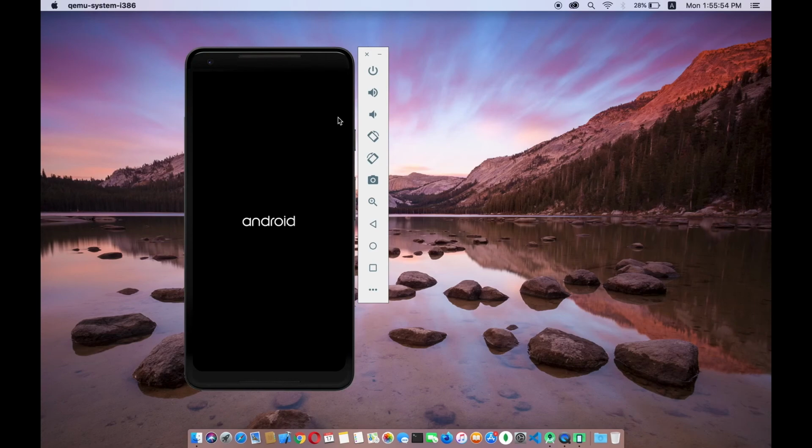At first it will take some time to start, but once it has started the app will load faster. As you have seen, I have just formatted it and it is starting for the first time, so it is going to take some time.